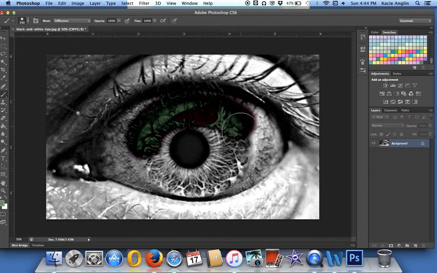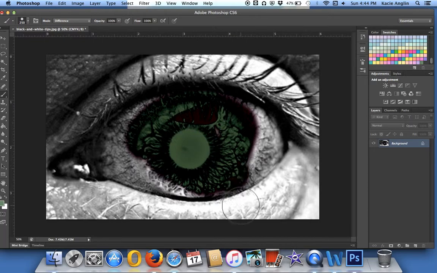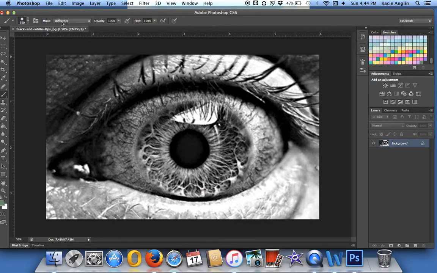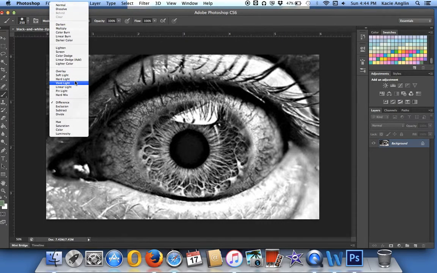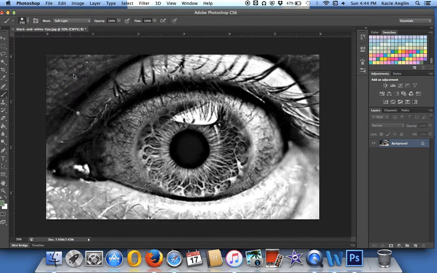Difference is kind of cool because it's like the negative of the image. But you cannot change the colors if you don't change your mode to CMYK or RGB. If it's at grayscale, then it's never going to be able to change. So when I go in here